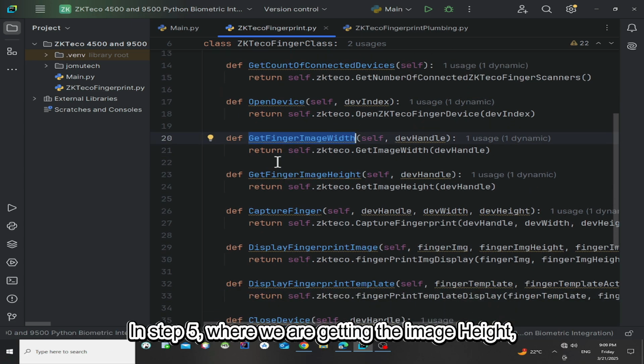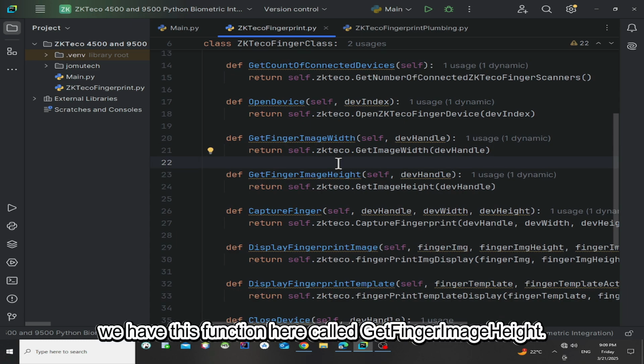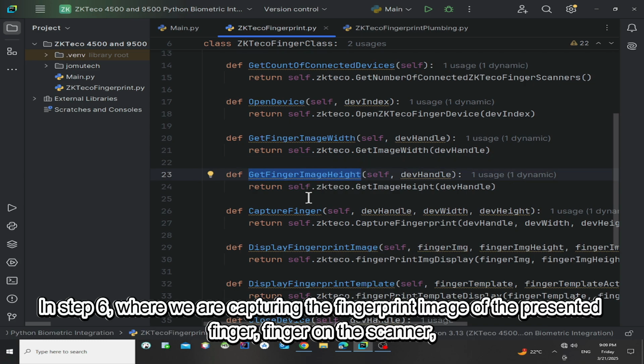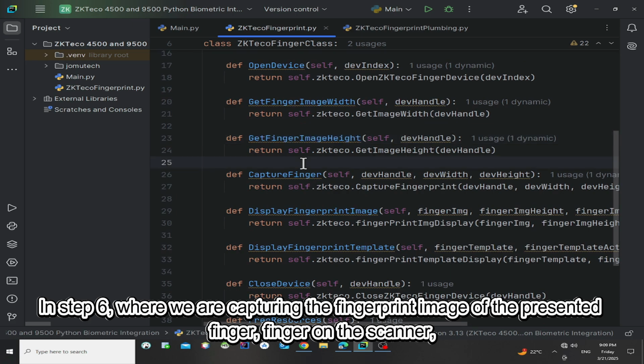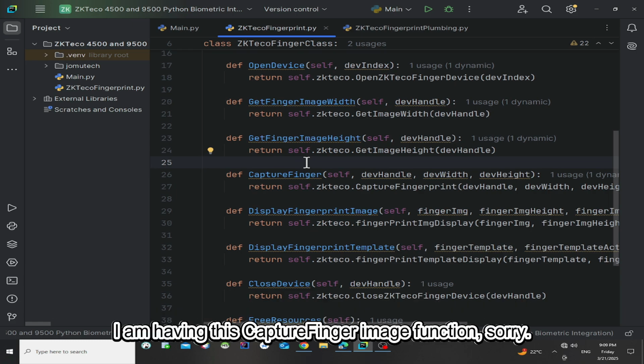In step 5, where we are getting the image height, we have this function here called get finger image height. In step 6, where we are capturing the fingerprint image of the presented finger on the scanner, I am having this capture finger image function.